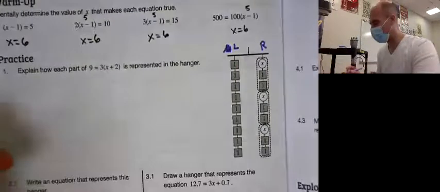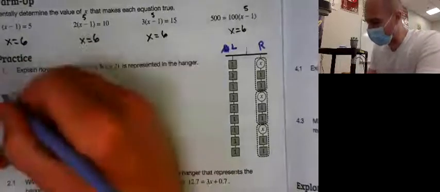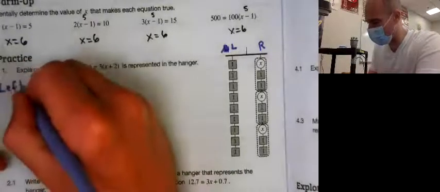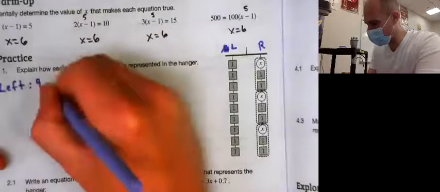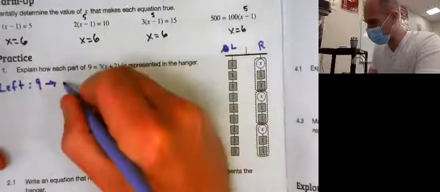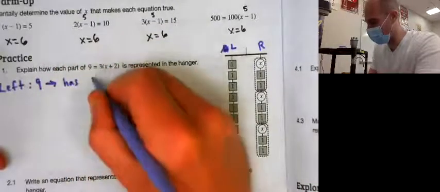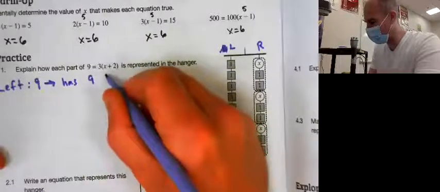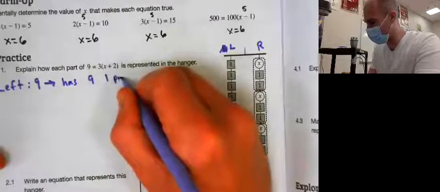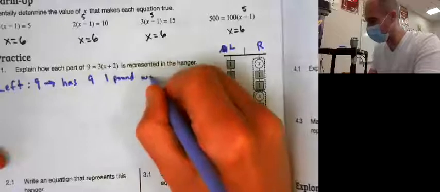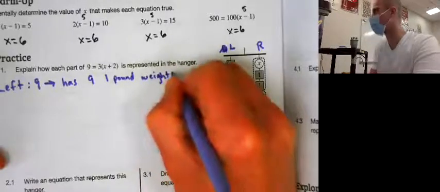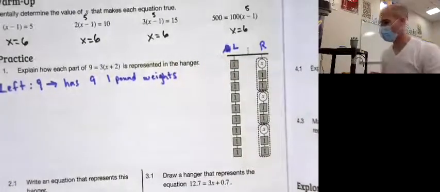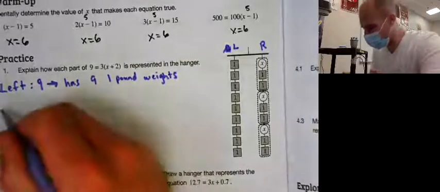Okay, so, well, let's talk about the left side first. The left, which is 9, has 9 1-pound weights. I guess they're weights. I don't know. Okay, and then on the right side,